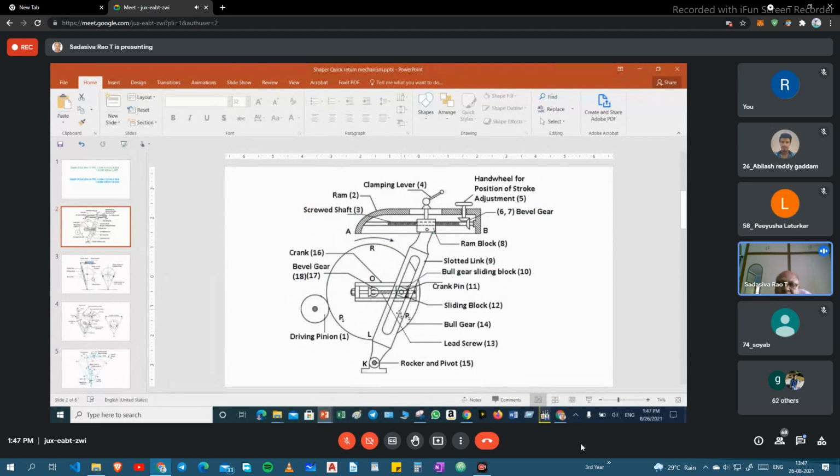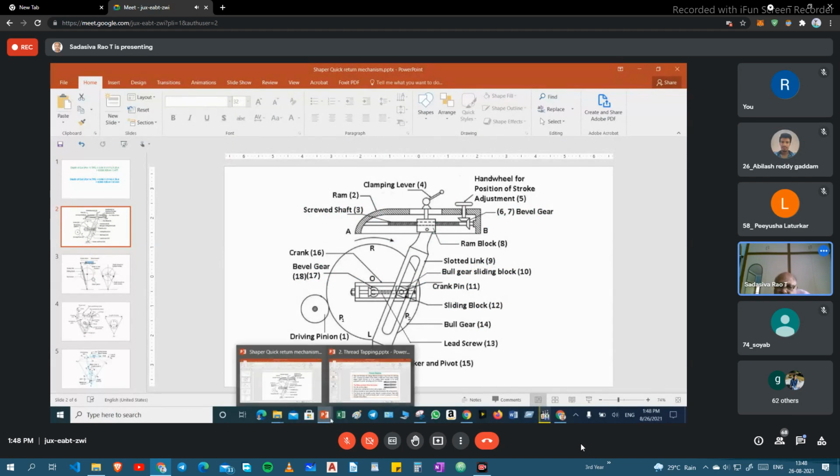It follows like this during the movement. Afterwards, you can see that animation video. Here is the stroke length adjustment. And this is the lead screw. The lead screw is on top of the lathe machine. Where is that video?